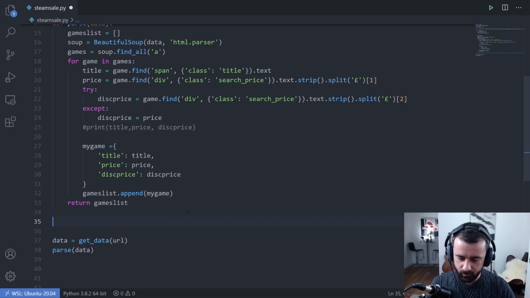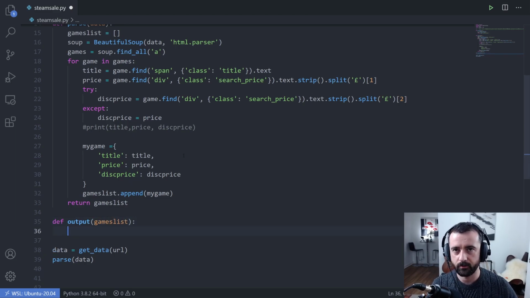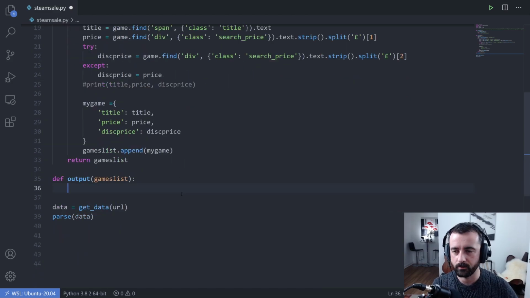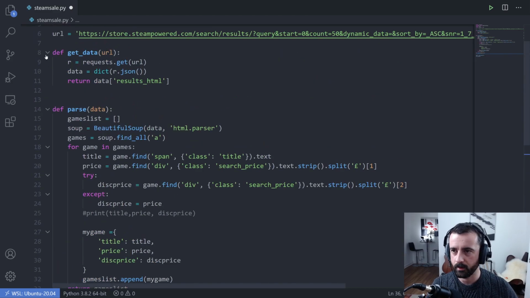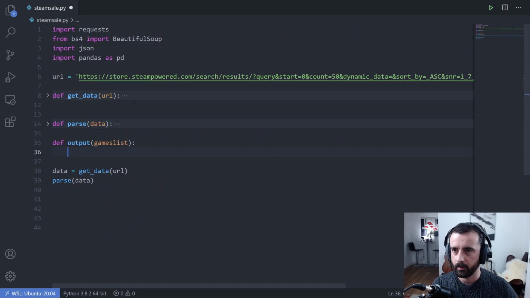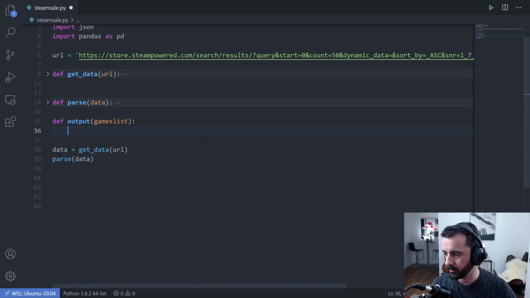Now our third function is the output function. I always tend to call mine output, and we're going to give it the games list. So we're going to say here's the list of all of the data that we've got, let's do something with it. I'm just going to collapse these two for now. What we're going to do is put it into a data frame. So let's say games df is equal to